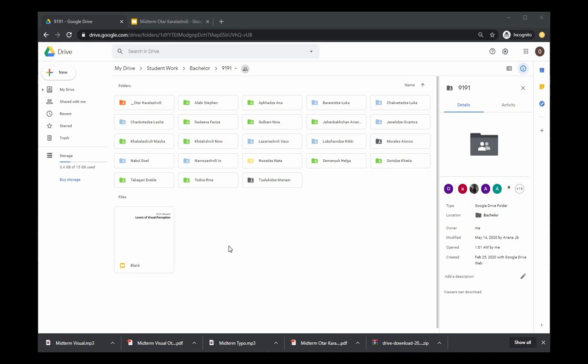In this tutorial I will show you how to prepare your presentation for the midterm exam. So what you do is you go to Google Drive, to your folder, the folder of your group, and here I created a blank presentation. This is a Google Slides document. It's called blank. So you just open it,